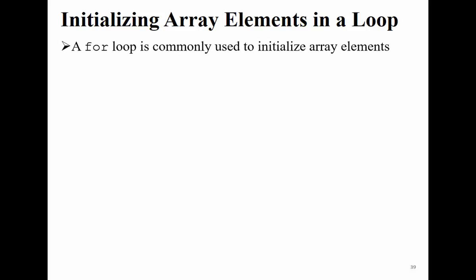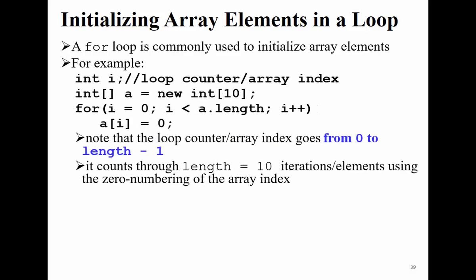Now, to access the elements of the array, we see the power of for loops. A for loop is a very powerful tool to access an array. As you can see here, we define an array named A as an int, and we can access all the elements and assign 0 to them. You can see the for loop. We start from i equal to 0 up to a.length, as long as i is less than a.length.